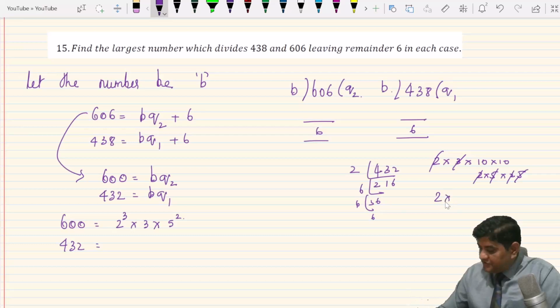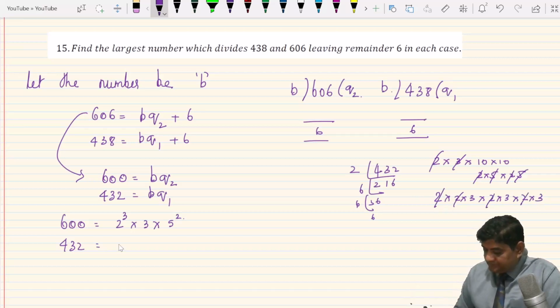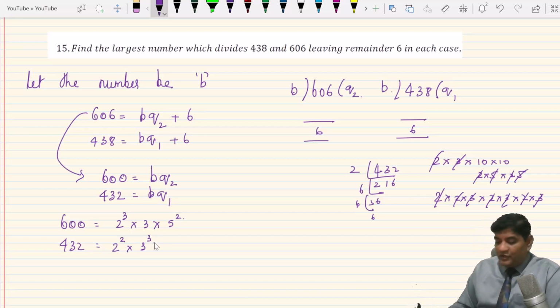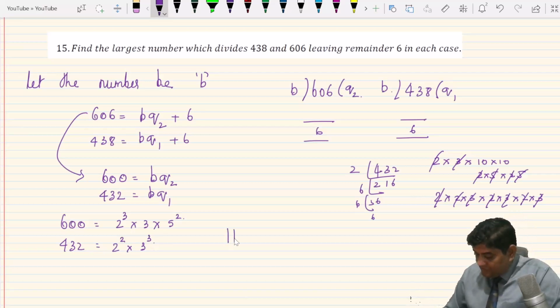So this is 2 into 2 into 3 into 2 into 3 into 2 into 3. So 1, 2, 3, 4 2's multiplied with 1, 2, 3 2's, 3 3's. So what am I looking for? I'm looking for the HCF. So the highest common factor of